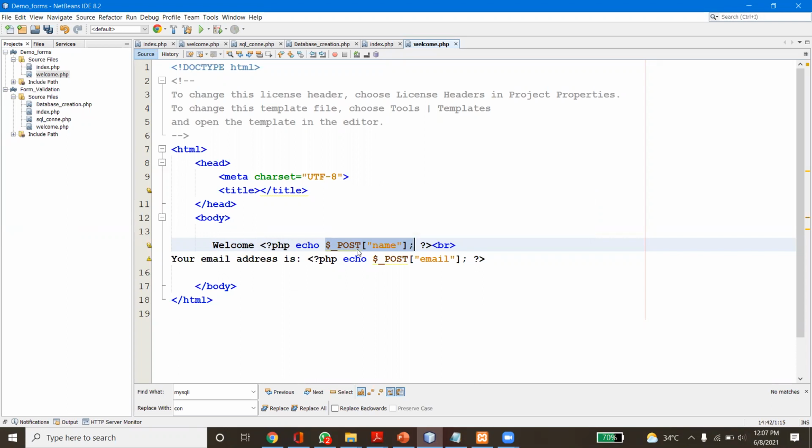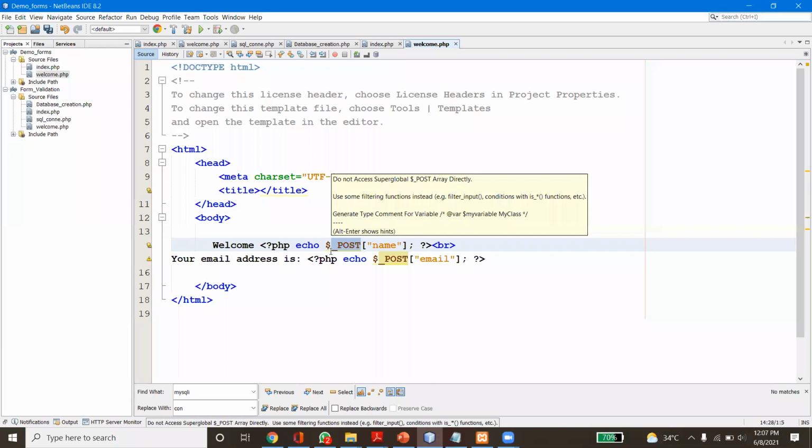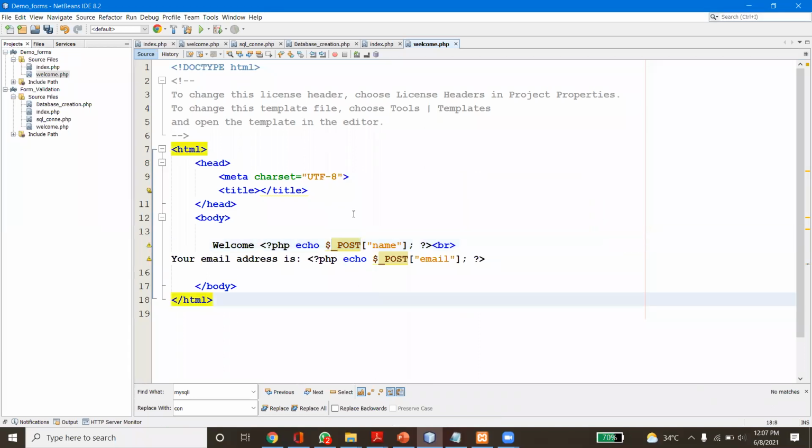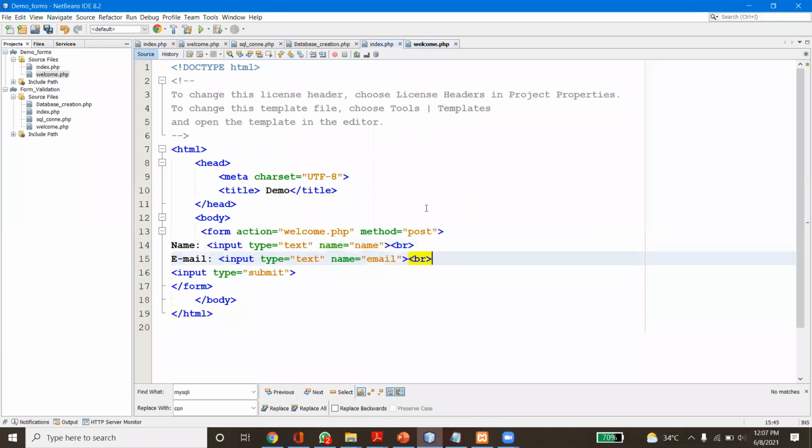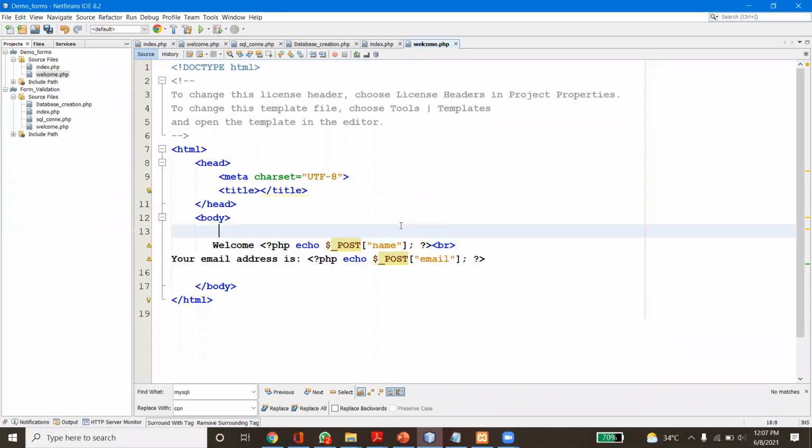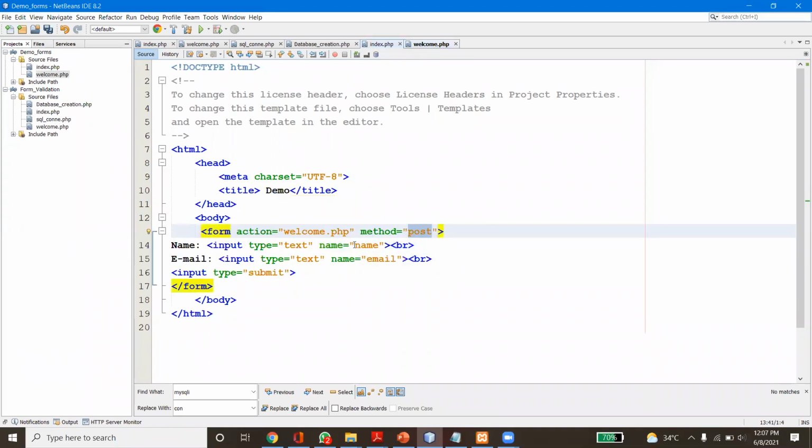Here it is created automatically based on the method. If you observe the form, what is the method? Post. It creates an underscore post array. In that array, it will take the name as the key, and whatever value is entered it will take that value. You already know how to do that one.